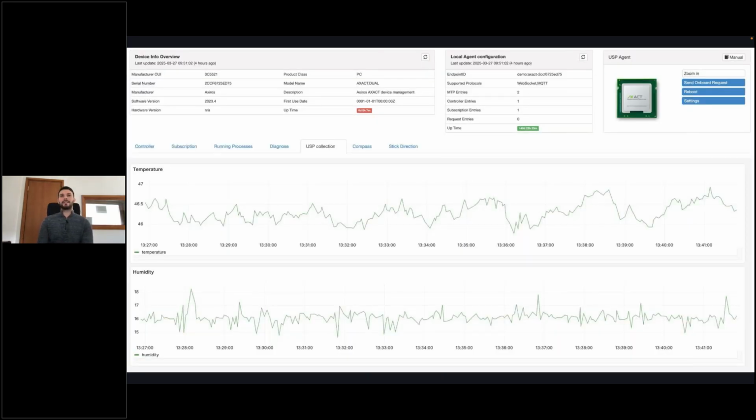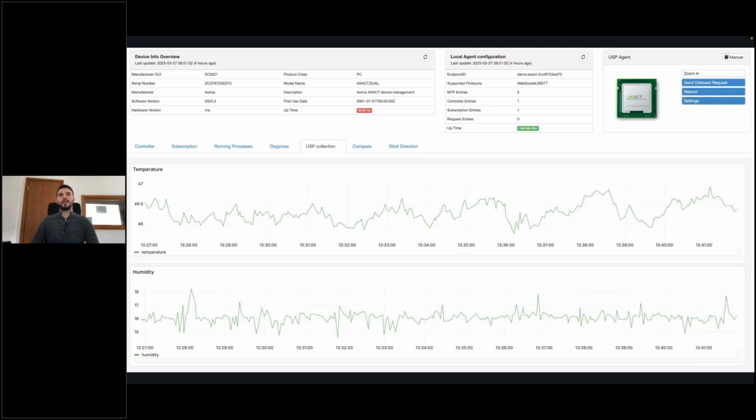And here I have just a screenshot of a USP agent. Why I added this slide, I would say it's one which is rather important for me, and it's related to developing use cases or figuring out for what USP would be good and would bring additional information. So the USP agent used here is our own, on the client side.